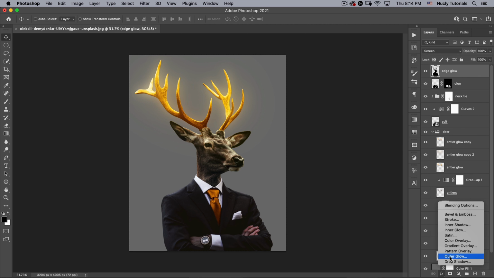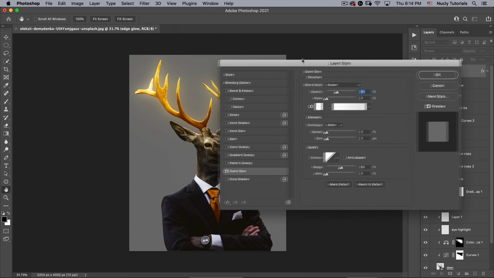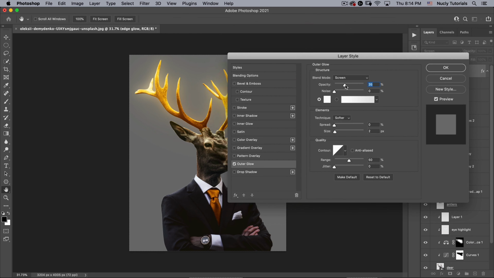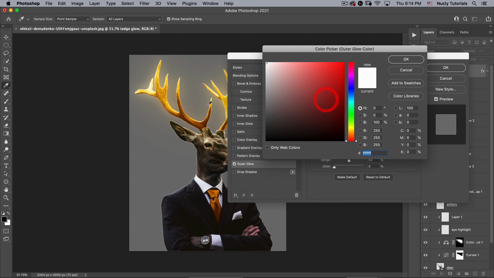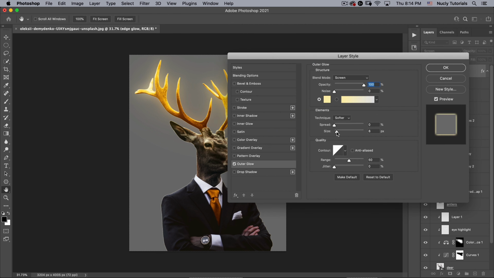What we're going to do is add an outer glow. And I'm going to put this on 100% opacity and select this yellow color here, the brightest yellow color. And then we'll increase the size of this to probably around 70 pixels.